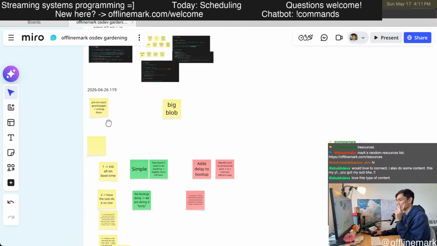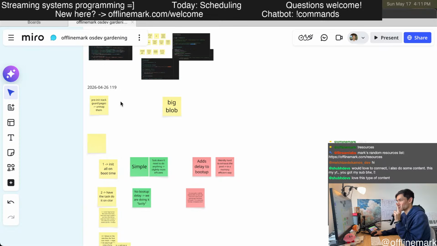Topic number 2, stacks. The situation was very prototypey. My tasks have stacks, but the stack is not allocated in the virtual address space, really.